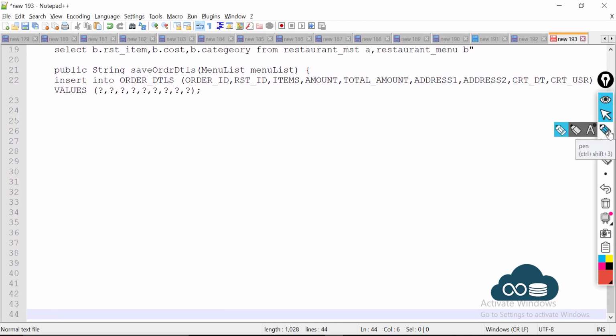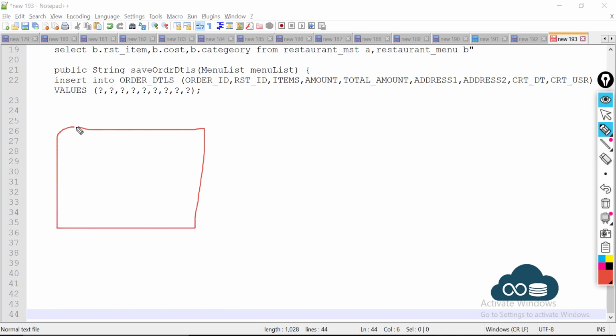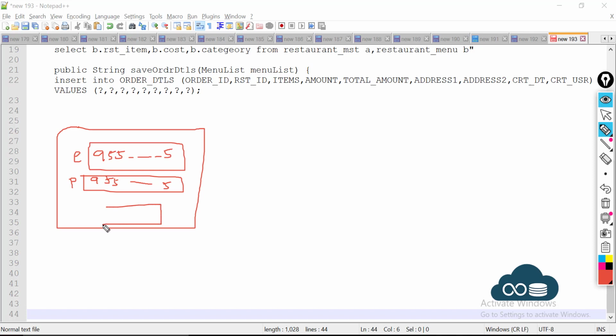So this is my front end. I'm trying to enter the username. What is my username? 9, and then 5 5 and so on, nine fives, and then the password is again 9 5 5 and so on, fives, and then I'll click on sign in.